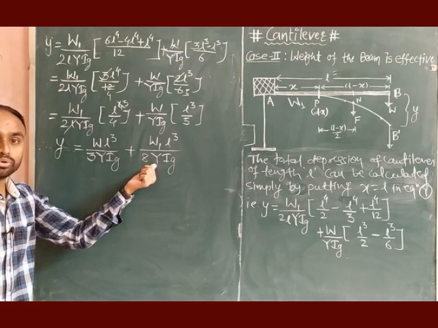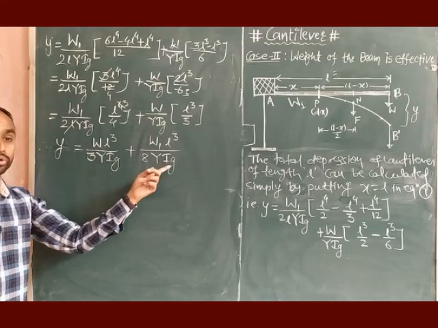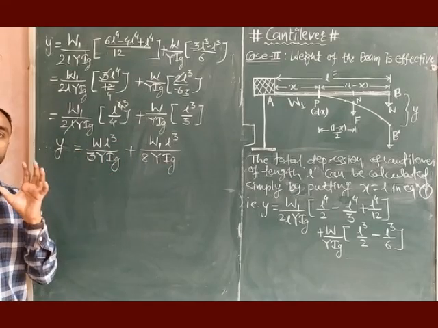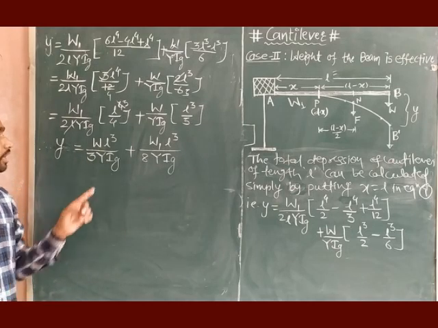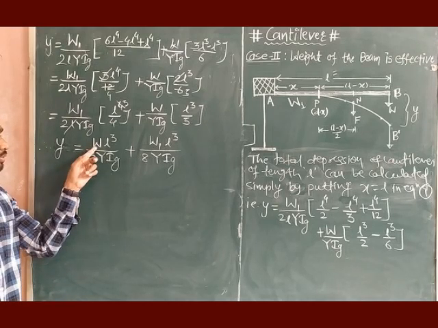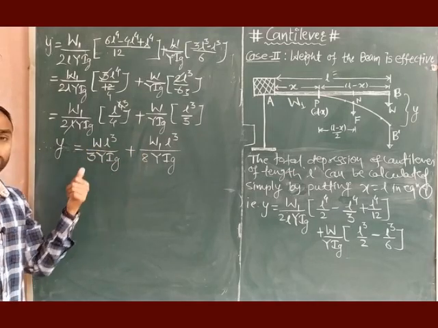Obviously Y is Young's modulus, and I_G is the geometrical moment of inertia. If you know the geometrical aspect, that means the shape and dimensions of that beam, then we can find it easily. And W is the weight attached here, and W1 is the weight of the beam. L is the length of the beam, right?